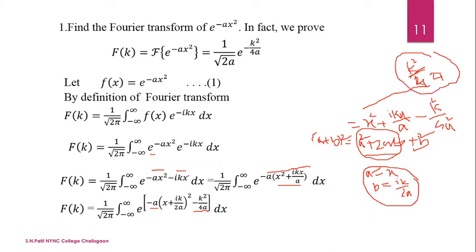But in the actual expression there is no k square divided by 4a. So we subtract the k square divided by 4a term. First of all, from these two terms we make a perfect square and we adjust the term accordingly by subtracting k square divided by 4a. Now this is the total constant term, e raised to minus this term, which we write outside the integral.